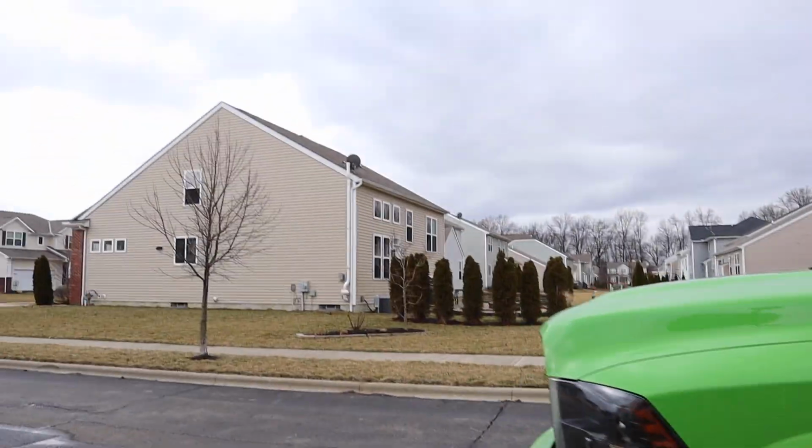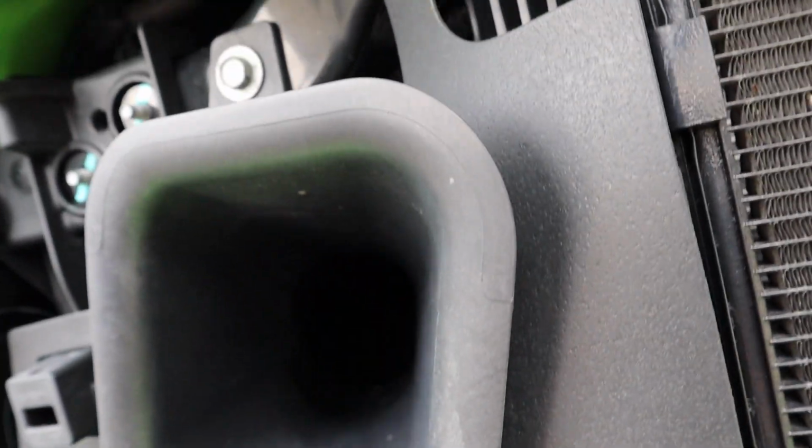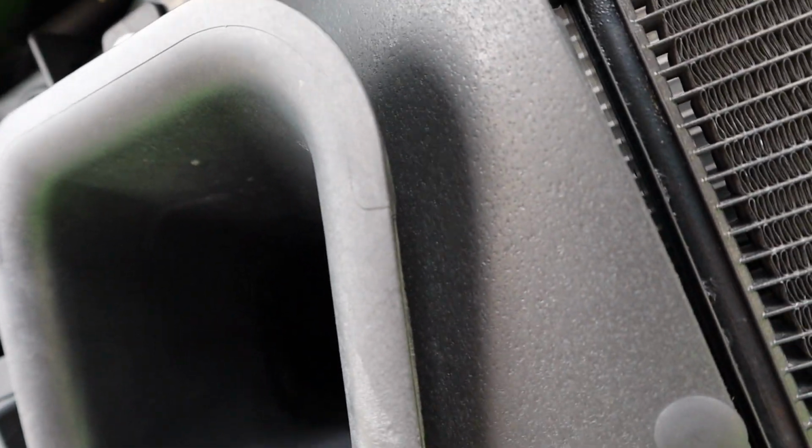Good morning, guys. As you can see, we've been driving around with no grill on, which is kind of interesting because this goes straight to your engine bay, and I think the air filter, I don't know how that doesn't suck up water. Anyway,